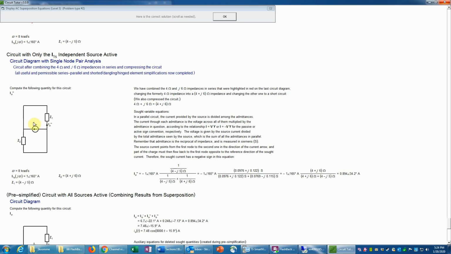And now this has the form of a single node pair circuit. There's one node there and another one there, so that is a current divider since it has a current source. And we can just use, again, the standard current divider as we did with the other current source. And once again, there's several different ways of doing this, but we put the value of the source to be 1